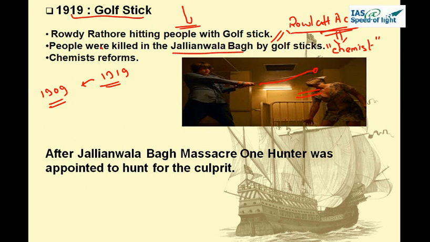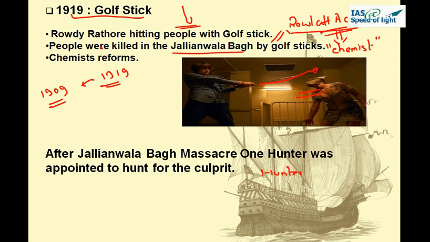So after Jallianwala Bagh massacre, one Hunter was appointed to hunt for the culprit. After this Jallianwala Bagh massacre, where thousands of people were killed by General Dyer. Okay, General Dyer was the person who ordered the firing on those innocent people. So after this whole massacre, one person who was very aggressive, so people used to call him Hunter, was appointed to hunt for the culprit. So one Hunter Commission